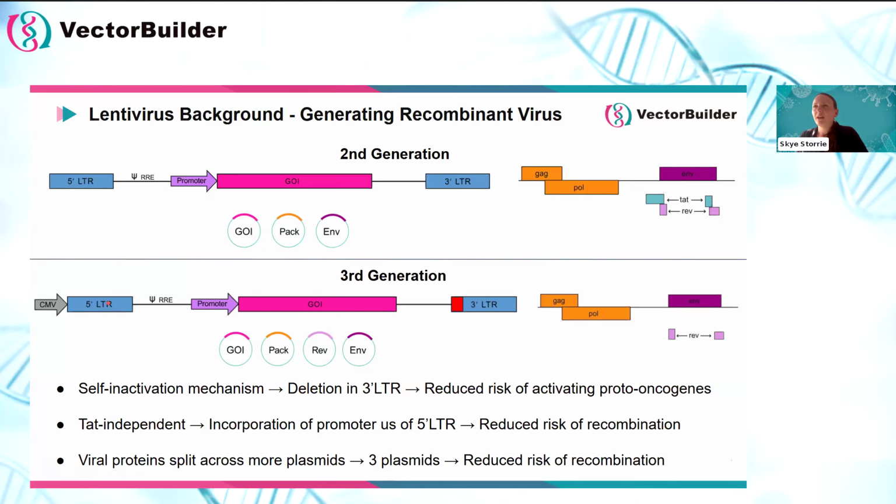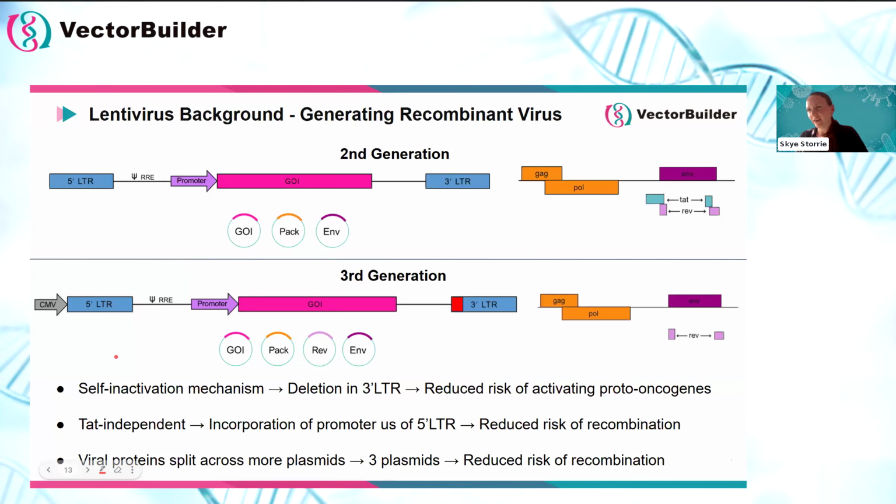Because we've disrupted the promoter activity of the LTR, and normally the TAT protein will bind to the LTR to drive transcription, we can actually just remove the TAT protein completely from the system. And to ensure that we still drive transcription, we just include an upstream promoter. So in this case, we've included CMV. And by removing this extra protein, we're also reducing the risk of recombination and therefore, again, reducing the risks of